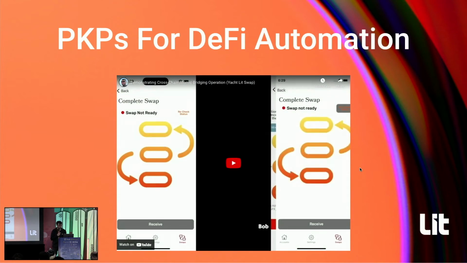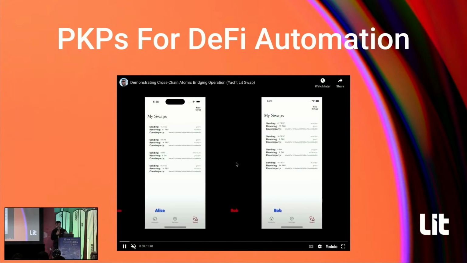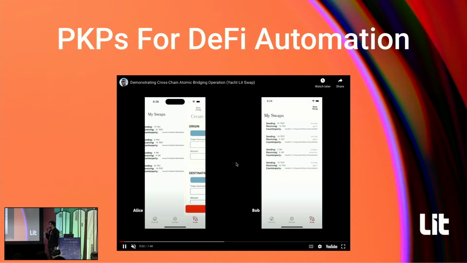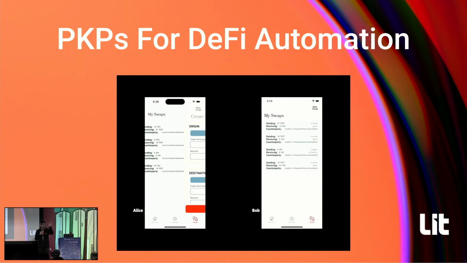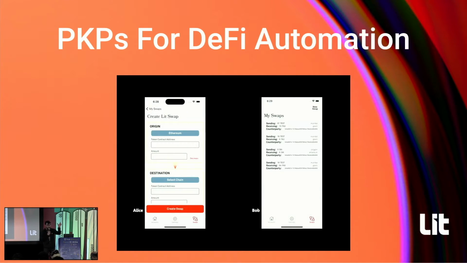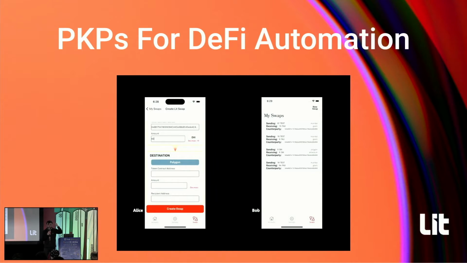Another thing that you can use these for, as I mentioned earlier, is DeFi automation. So what we're seeing in this example is a swap. This PKP, this programmable key pair, has been encoded to functionally act like an immutable escrow agent. So these two screens represent two different counterparties. Party A sends money from Optimism to this PKP. Party B sends money from Polygon. Once they both sent them in and approved, the swap is automated based on that JavaScript logic that was associated with the PKP.